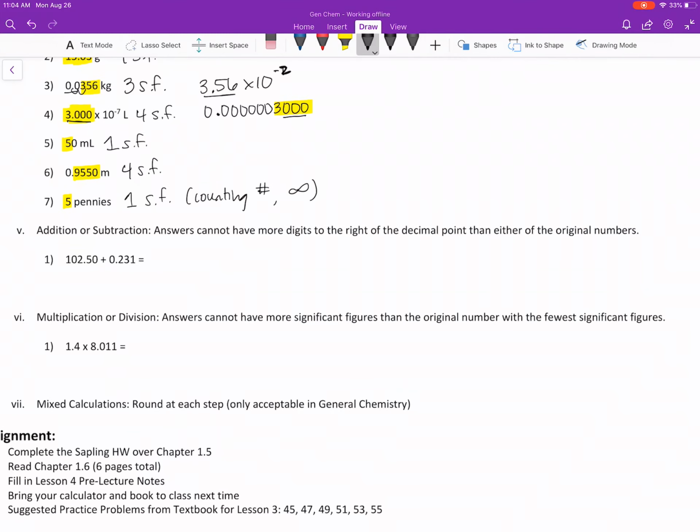Alright, the last little bit is addition or subtraction rules for sig figs and the multiplication and division rules. So you need to know these and make sure that you review them and don't mix them up with each other. So in addition and subtraction, answers cannot have more digits to the right of the decimal point than either of the original numbers. Okay, so that sounds tricky, but all you need to do is write it out. So in this case,